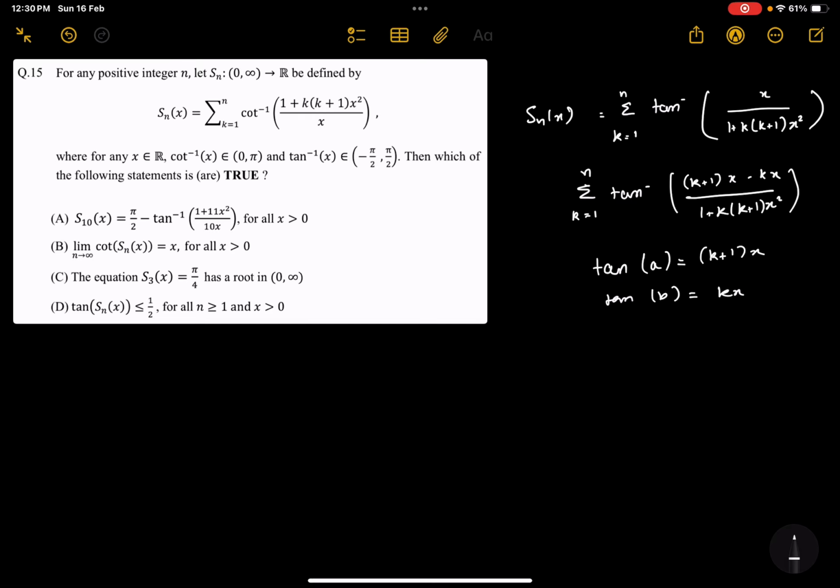Then this thing becomes tan inverse of tan a minus tan b on 1 plus tan a tan b, which is tan inverse of tan of a minus b, which simply is a minus b,